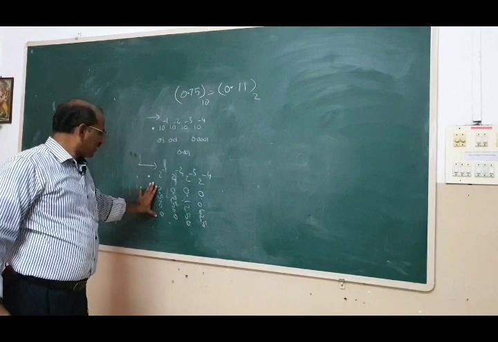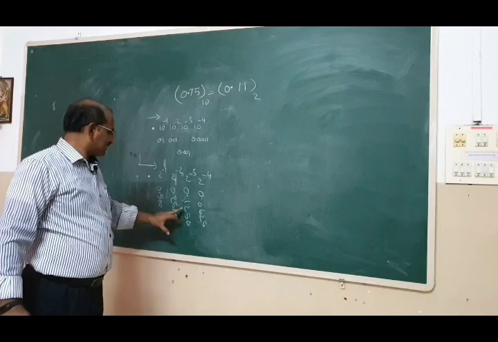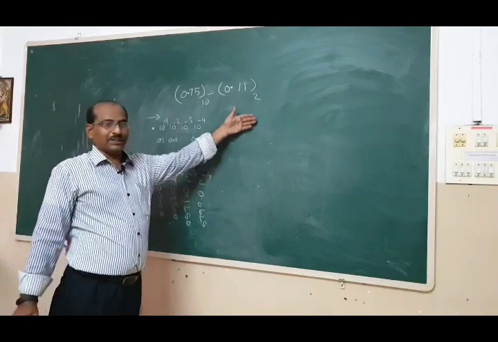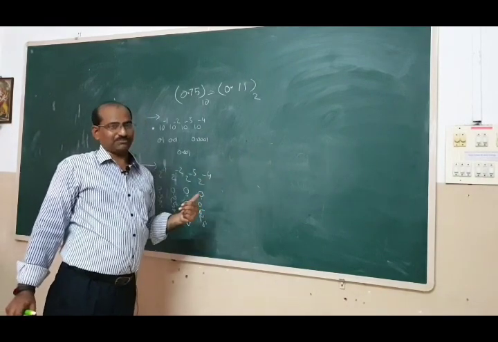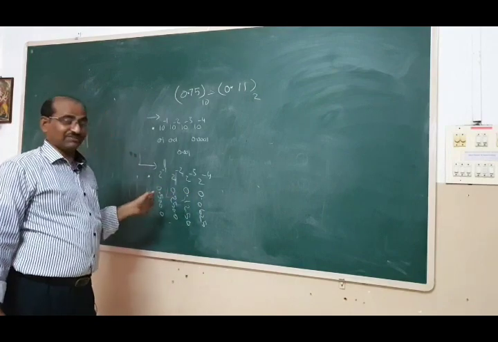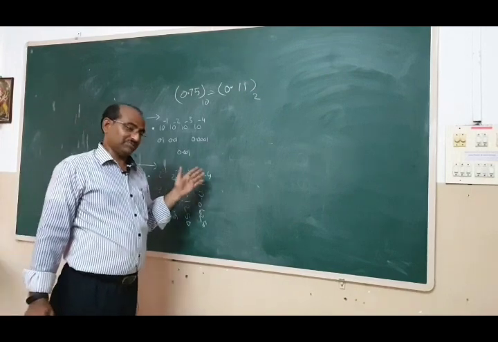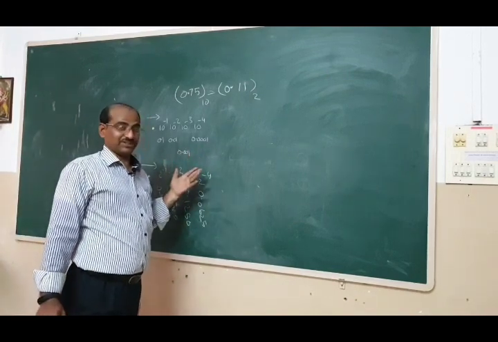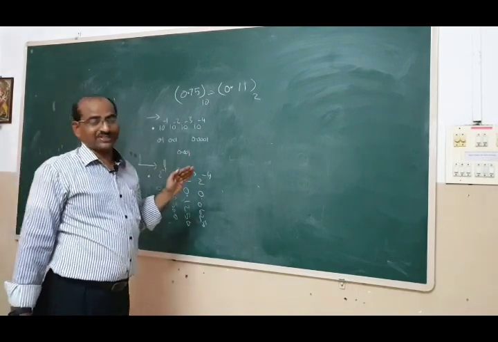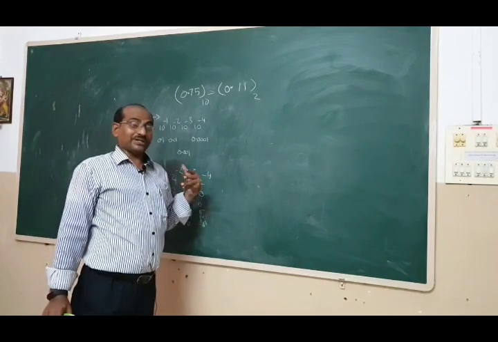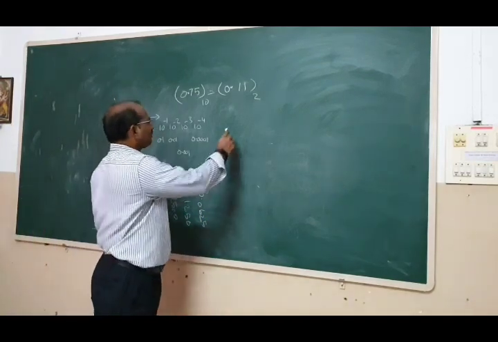See, 0.5 or 0.5 plus 0.25, 0.75, or 0.875, all those things will terminate within 3 or 4 steps, just like the earlier example. But if you take intermediary values, what will happen? It will prolong, it goes on. So you have to multiply, say sometimes 30 steps, 40 steps. So better you write up to 4 or 5 significant bits. If it is mentioned in the question, there is no way out, you have to do it. Suppose let us take